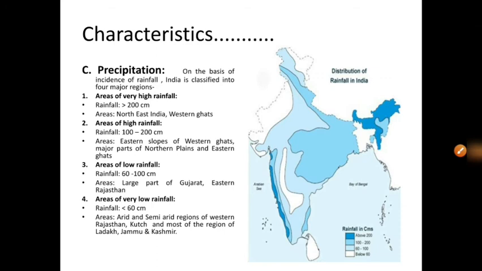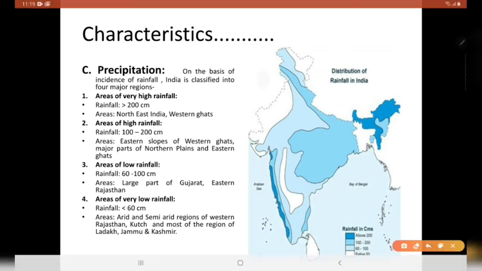Now the third characteristic is precipitation. On the basis of incidence of rainfall, India is classified into 4 major regions. The first one is areas of very high rainfall. In these areas, the annual average rainfall is more than 200 centimeters,